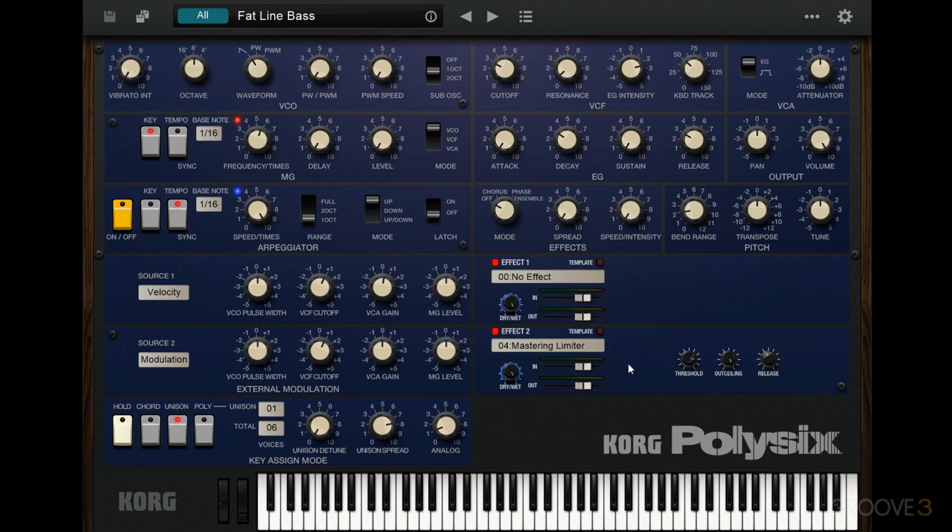Now, to start with a bit of history, the original Poly 6 was introduced in 1981 by Korg, and was an analog polyphonic synthesizer with 6 voices. In contrast to monophonic analog synthesizers of the time that can only play one note, you can obviously play chords with a polyphonic instrument like the Poly 6. And being polyphonic was a big feature at the time, with it and the Roland Juno 6 in a similar